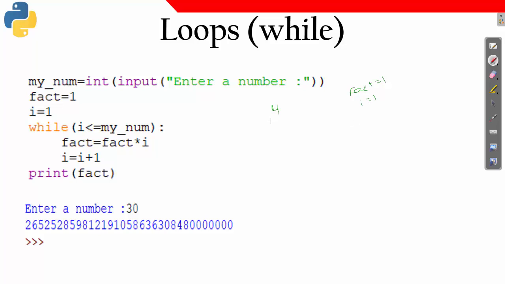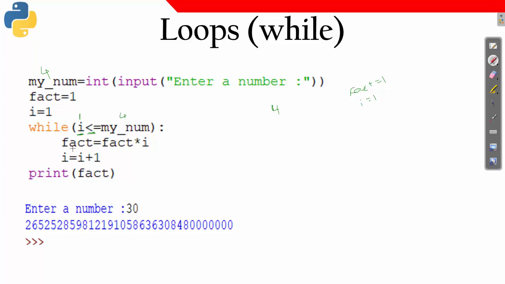Now as long as the I value is less than or equal to my num, which I want to be 4. So when I is equal to 1, the I value is 1 and my num value is 4. So this condition is satisfied, it gives me true.